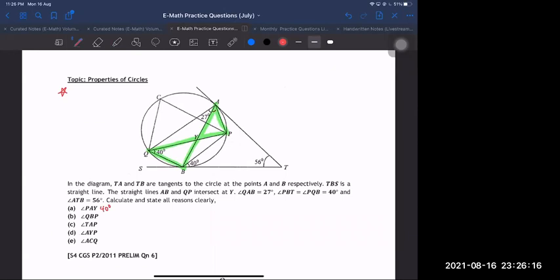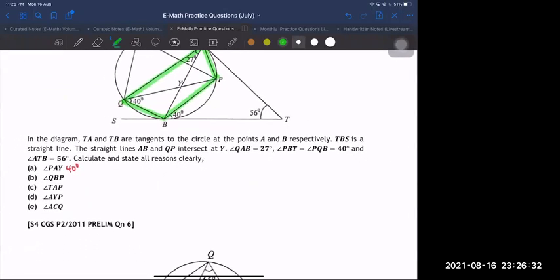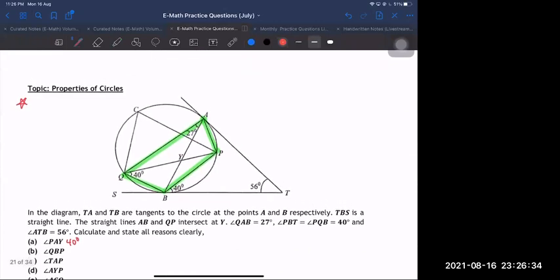QBP. Now for QBP, if you observe, there is a four-sided figure in this circle. 1, 2, 3, 4. So this means that this is a cyclic quadrilateral. Okay, so what is the solution for part B? Let me write it here since it's convenient. Now angles